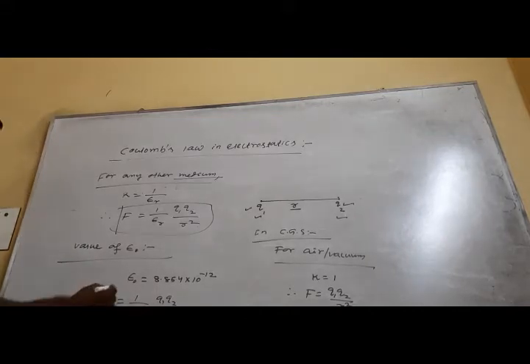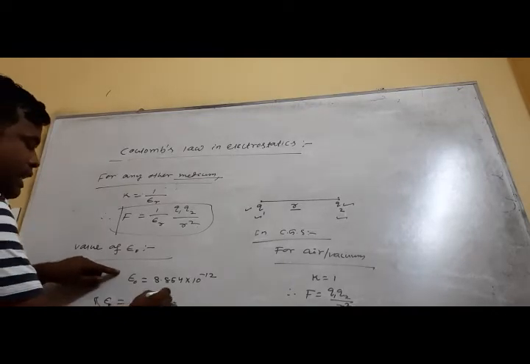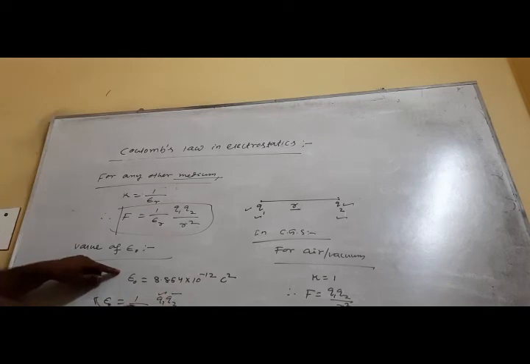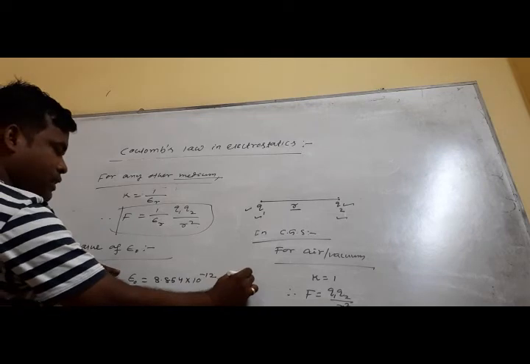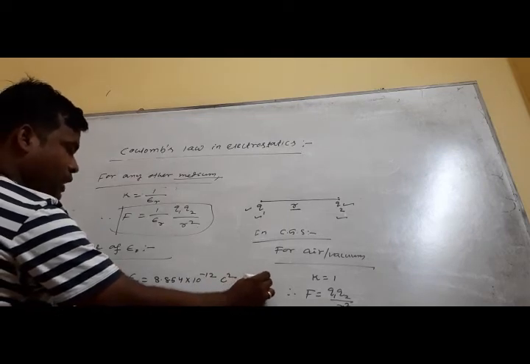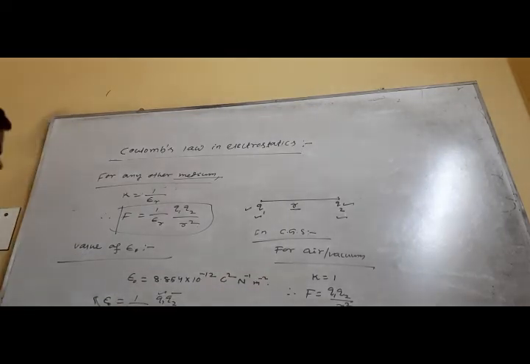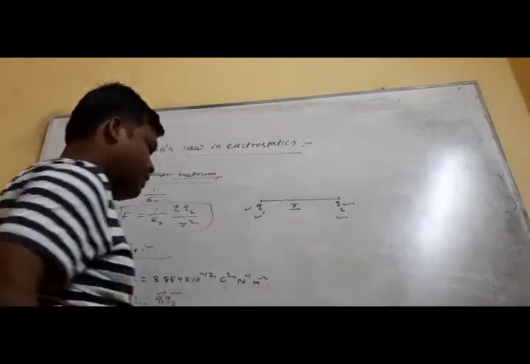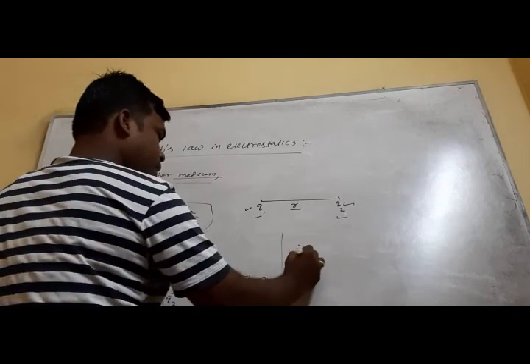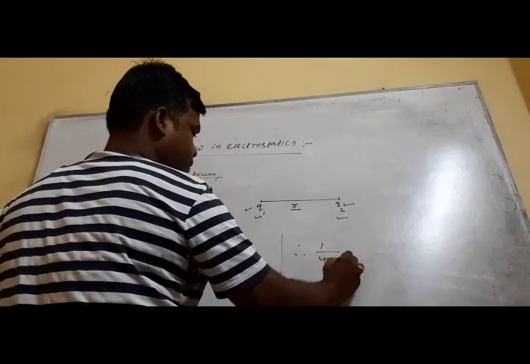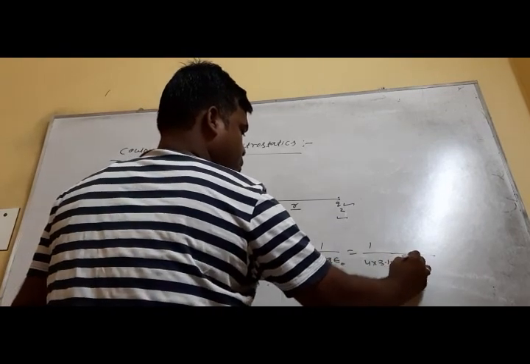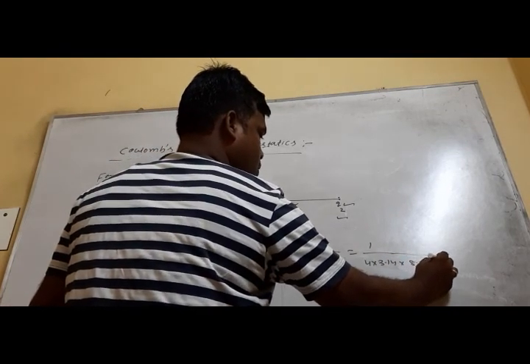That means the unit will be, charge unit is Coulomb, so Coulomb square because Q1 and Q2 are two charges, and divided by force, meaning Newton, it will be Newton inverse and meter square inverse. Similarly, 1 by 4 pi epsilon 0 value will be, when you put all these values, 3.14 into 8.854 into 10 to the power minus